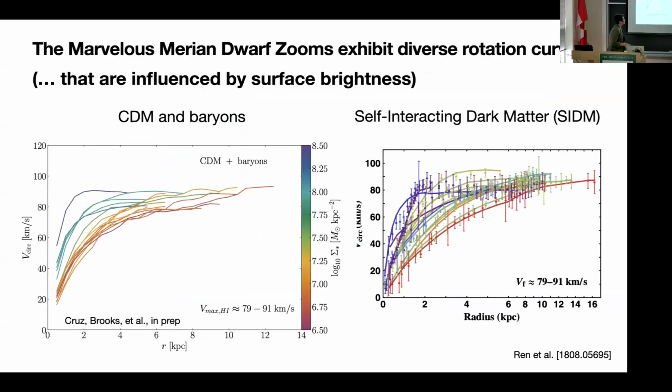Okay. So if I come back to comparing to this plot that Ren et al. made and put my simulations on here that are in the same mass range, you can see that just like these real dwarfs, the rotation curves are scaling with the surface density of the stars. So these purple ones here, this is the most compact dwarf, and it is also the most steeply rising. These red ones down here are the lowest surface density of stars, and they are also the slowest rising, right? And so just like in the real galaxies, what's happening is now following the baryons, or even in CDM.